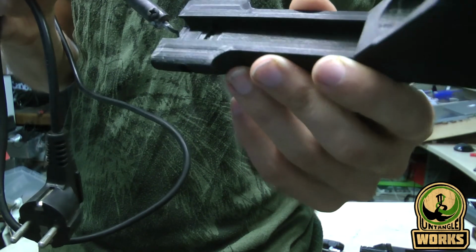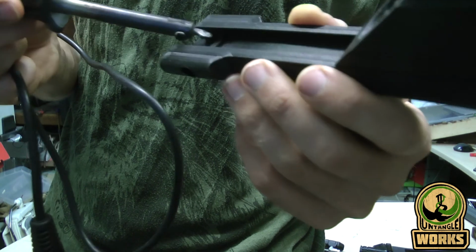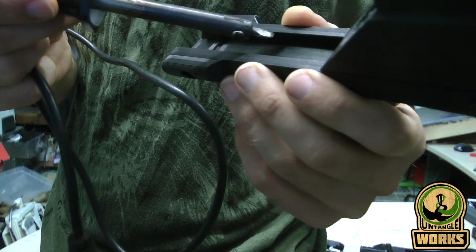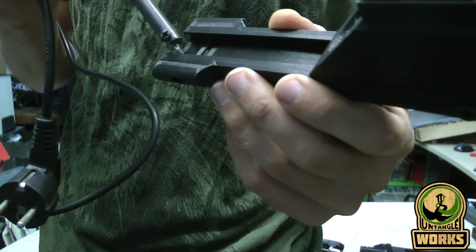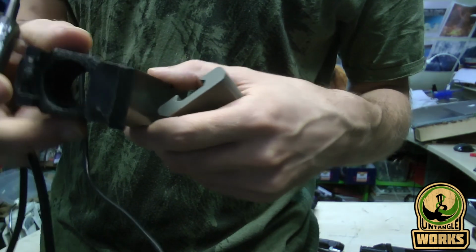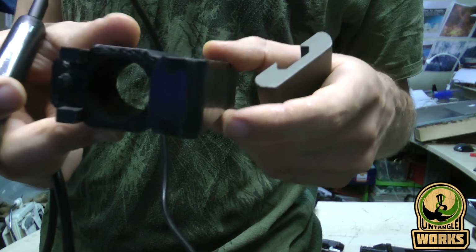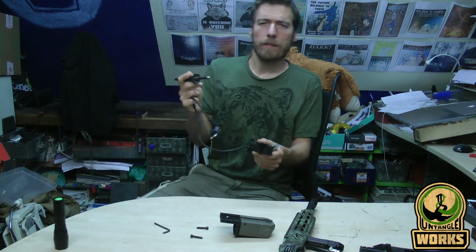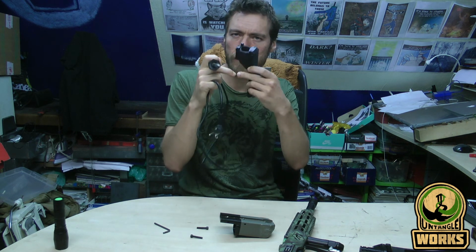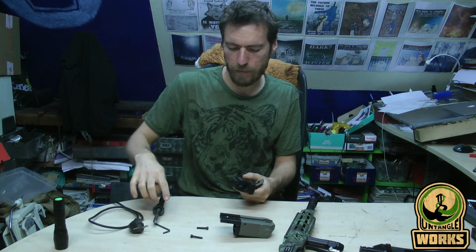So in this case I could have done it also with this one. Just put some patterns here, and on the other side, on the top and bottom, let's say. And then it will prevent it from moving around. Gives it a little bit more grip. And you don't have to go overboard with it, just a little bit. That it curls a little bit of plastic up, so it gives it a little bit more friction, you